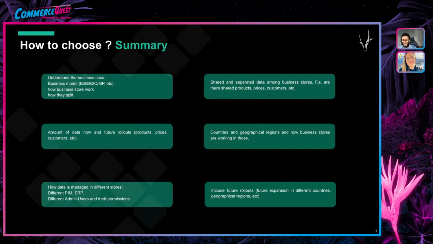The data, how is it managed? So different teams, ERPs, or admin users and permissions. And finally, including the future rollout. The future expansions do not need to be part of the decision you take at the starting point, but there needs to be flexibility to cover these future rollouts later on. How you would roll out is something different. It's not part of this session, but the most important thing is to pick the option that fits perfectly for the MVP or for the go live at the point where you are in the project, and leave flexibility to cover the rest of the requirements or the NFRs that you have in the scale-up scenario,